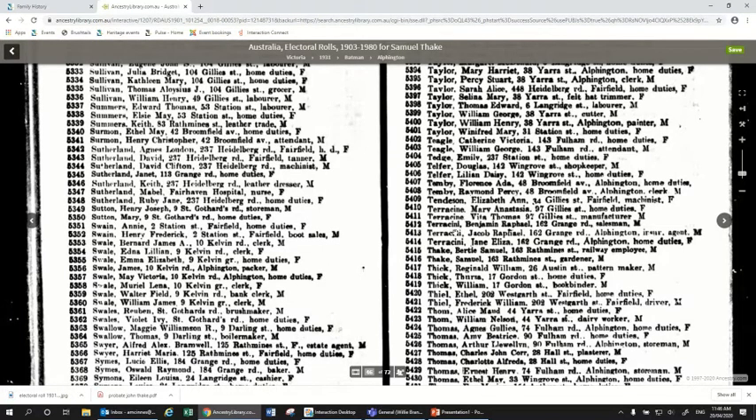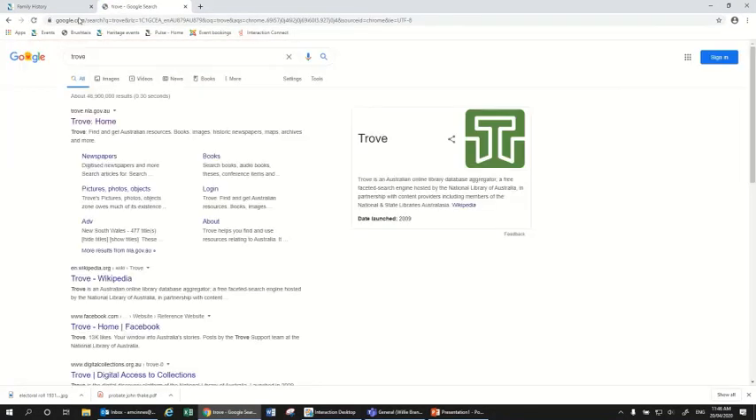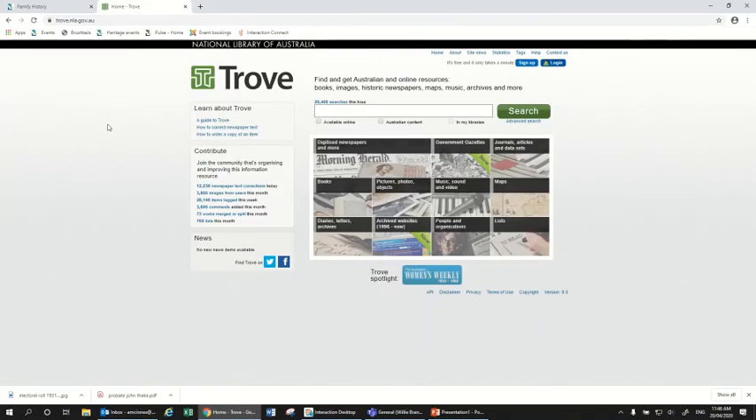So that's just a little bit of what you can do in Ancestry. There's a whole lot more that can be done through Ancestry, but that's just a taste of what you can do. So now I'd like to show you the final website we're going to be looking at today, which is called Trove. So I'll just type that into my search bar up here, press Enter, and click on the first result, Trove. So Trove is a site run by the National Library of Australia, which brings together a whole lot